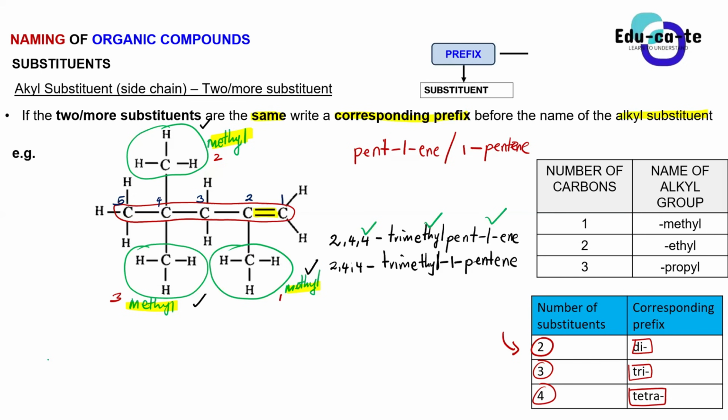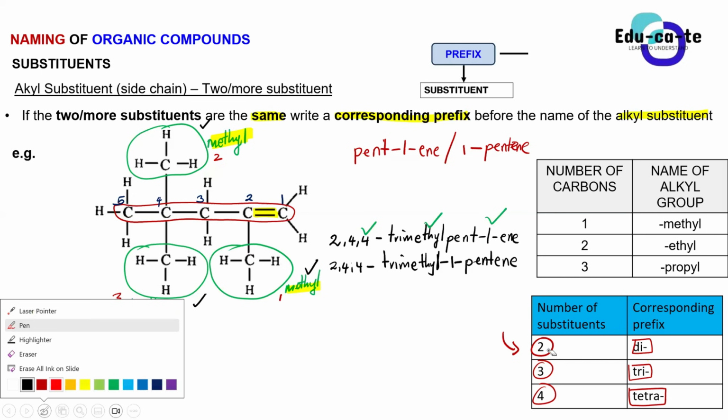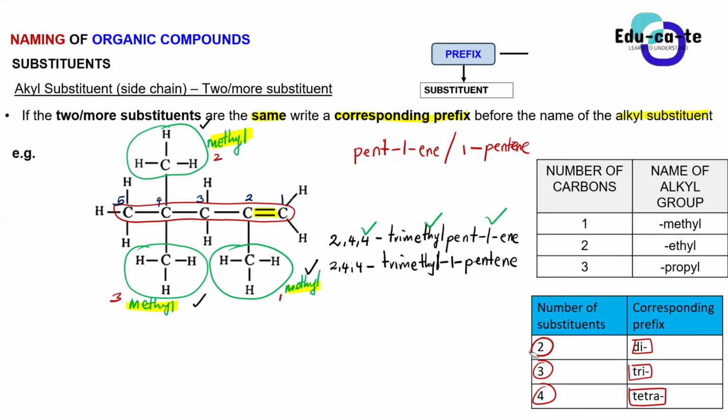No, not really. Not for grade 12, of course. Maybe they will never give you that structure, because that structure will force it to have more than 8 carbons, of which in grade 12 you only do the organic compounds to a maximum of 8 carbons, with a maximum of 8 carbons in the longest chain. So once you start having ethyl, propyl, and methyl all together, definitely that is going to make a parent chain exceed the number of carbons that is your maximum. So for grade 12, no. Okay, sir. Yes. So that's how it works, guys.